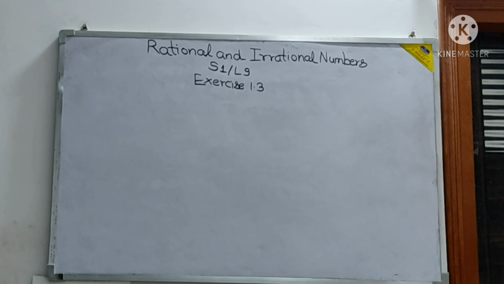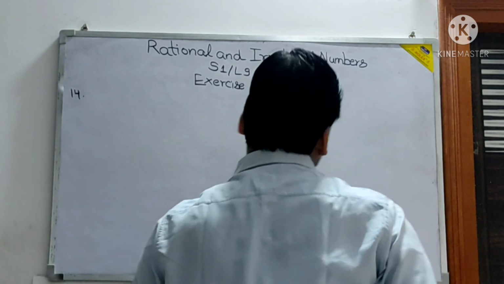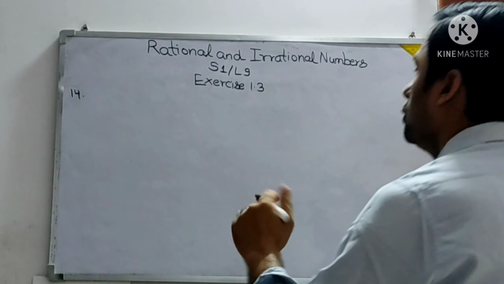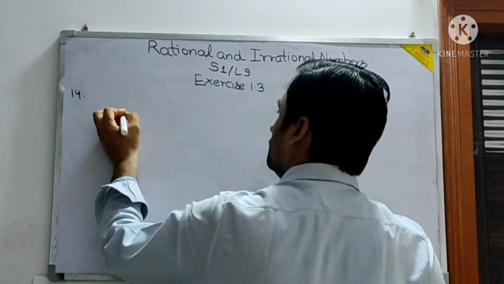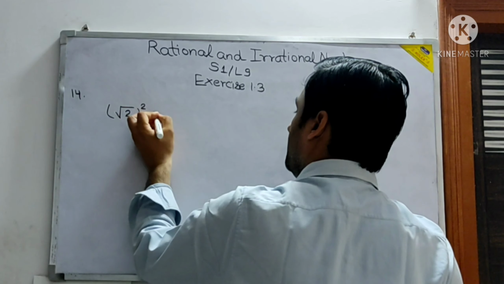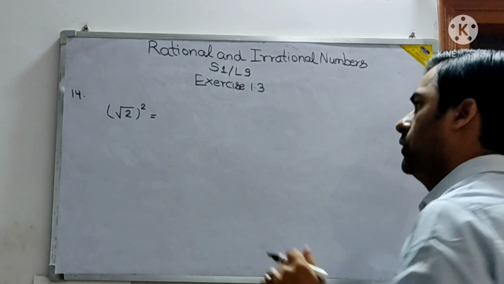Then for question number 15, a hint is given that you can also try. The 14th I'm doing for you on the board. The 14th question also is regarding inserting irrational numbers only. So between root 2 and root 3. This is another type of inserting the irrational number. Root 2 squared, if you remember in the first class itself, I had talked about the square of root 2, will be what? 2.